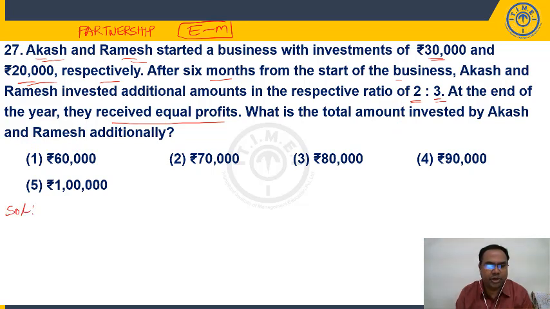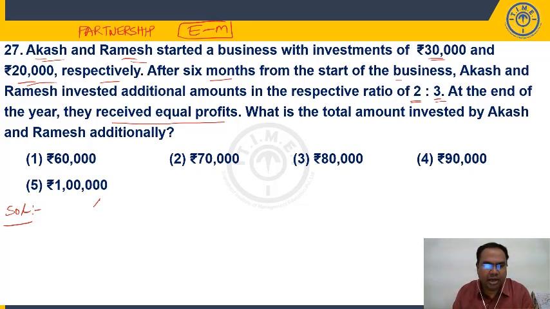Additionally, we have discussed these, students, right? So here, when investments are different and time period is the same, we will divide the profit in the ratio of investments. Profit should be divided in the ratio of investments or capital. Capital same, time period different. Profit should be divided in the ratio of time periods. If both are different, we have to divide in the ratio of the product of capital and time period.